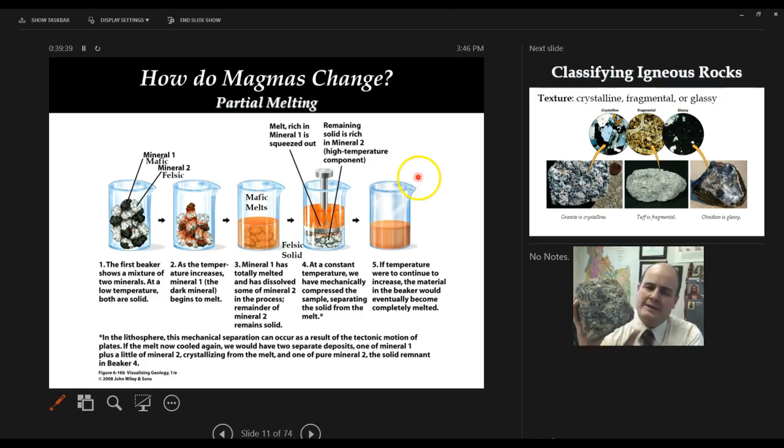Even though, and then the mafic stuff, if you don't have enough heat, will still be in its crystal form. But if I got it up to the melting point of this mafic stuff, then the whole thing will melt. But if I only got it up to, say, 800 degrees, the dark material will still be in its mineral form, but the light material has a melting point around 700 degrees. And so that would already be in the solution, right? So that means your